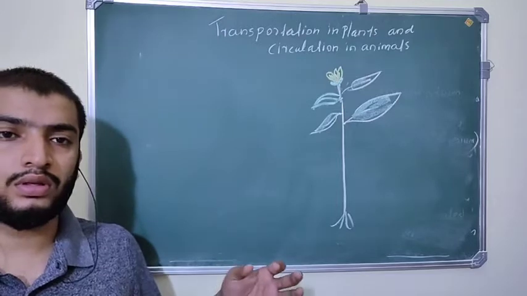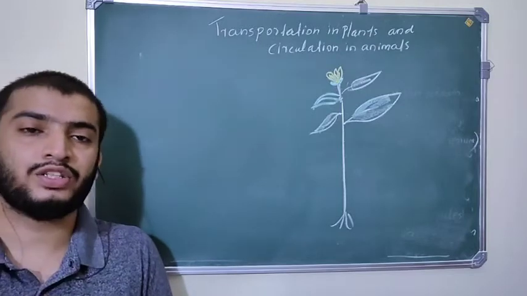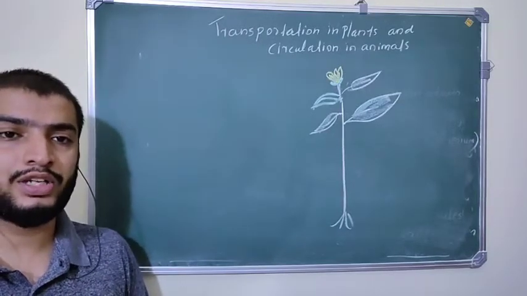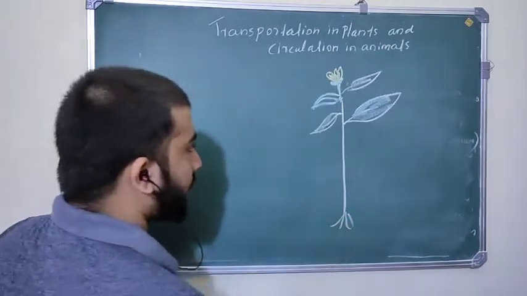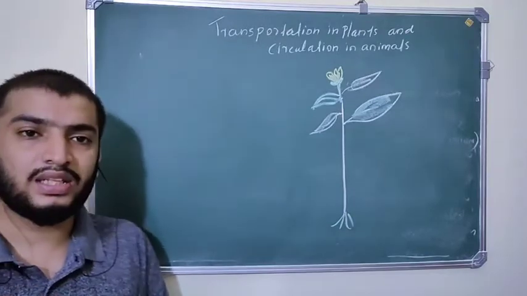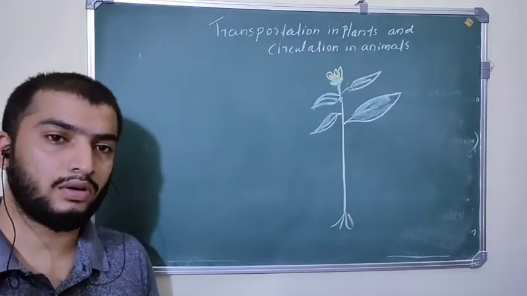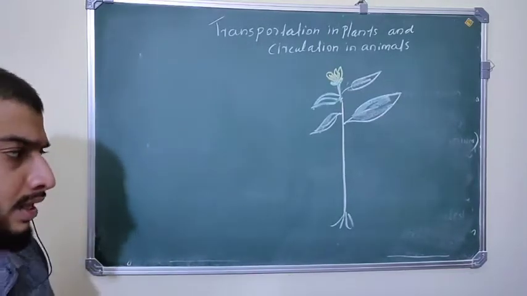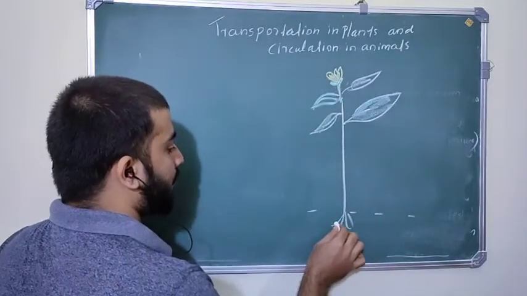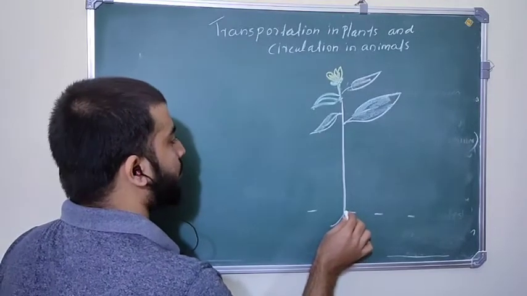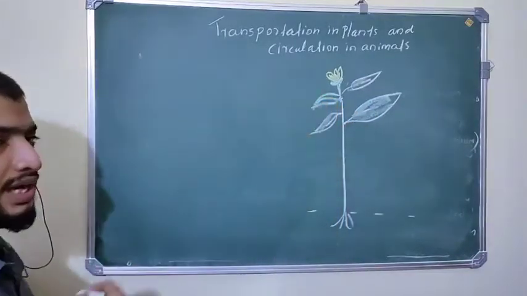Then how does the supply of oxygen and nutrients occur in multicellular organisms? For example, as a multicellular organism we can take plants. Plants synthesize their own food by photosynthesis. For photosynthesis, they need carbon dioxide and also water. From the soil they take water. They absorb water using the root, and from the root, water and minerals are transported into the leaf.